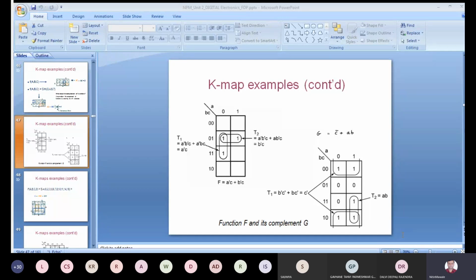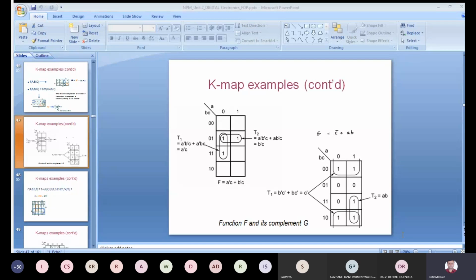Okay, then 5, 0 and 6 are remaining. So 5 can be combined again as a quad: 5, 13, 7 and 15. For that the answer is Q bar plus S bar, because the individual term is a summation. Now after these 3 quads, 2 cells are remaining, cell number 6 and cell number 0. Cell number 6 can be combined with 7 as a pair.